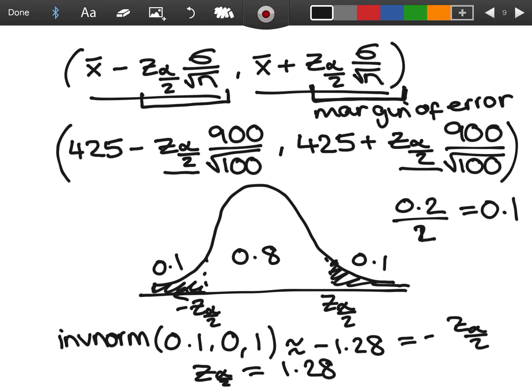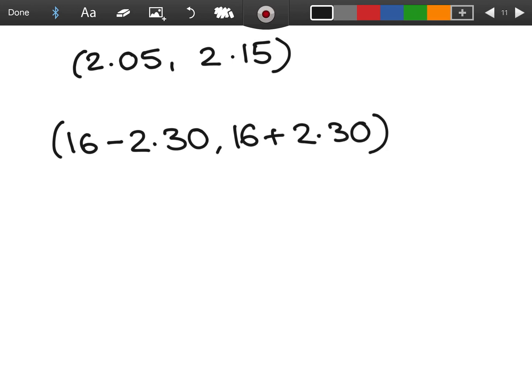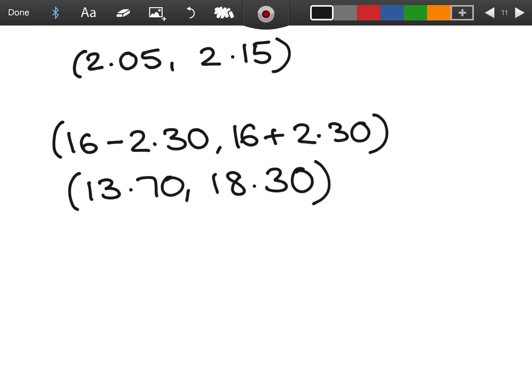So in our case, with that being our margin of error and $16 being our sample mean, all we have to do is say that 2.3 was our margin of error, and we add and subtract it from that sample mean. So we can be 98% confident